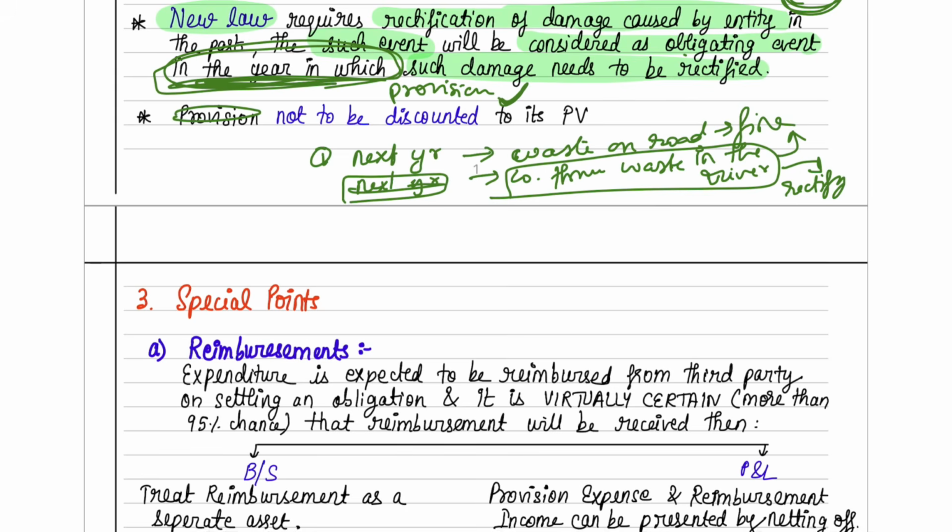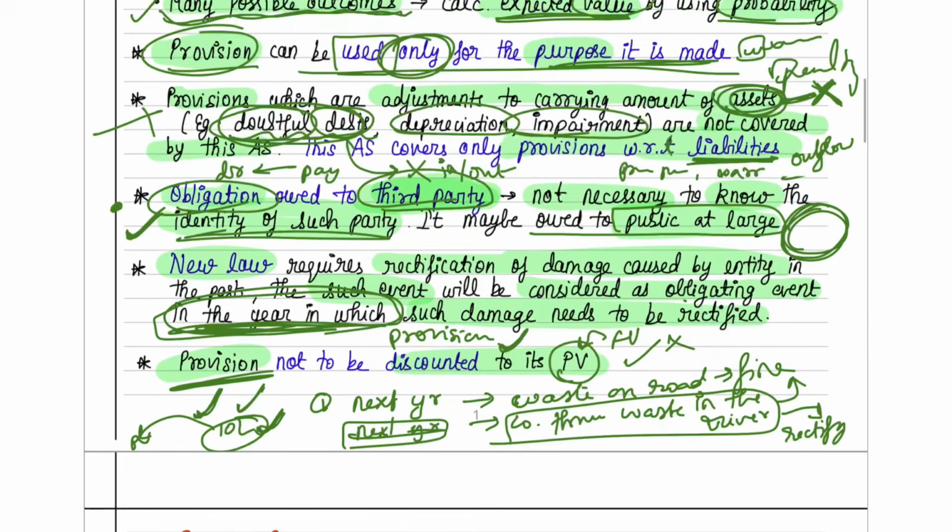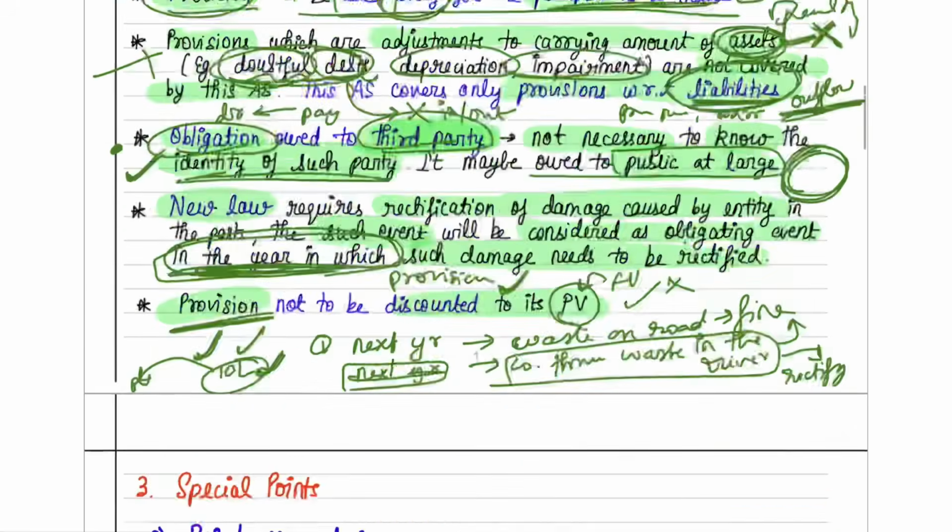Okay, next they are saying provision need not be discounted to its present value. So provision is made for a future date. Today you're not going to make this expenditure, but because it's on a future date, don't take it as a future value and then discount it to present value. No need. Whatever the actual provision amount is, just write that. If after 2 years you will have to pay 10 lakhs, no need to bring it to the present value. Just record it in your books as a 10 lakh provision. So yes guys, this was all about your provisions.